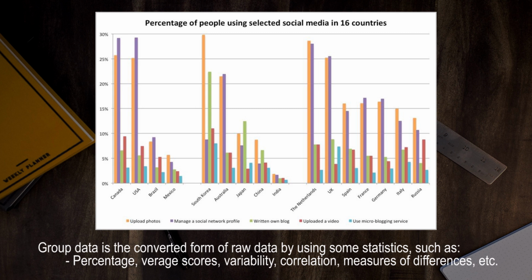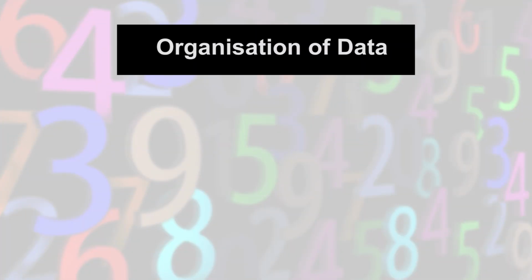Further, after understanding the raw data, the discrete data, the individual data and the group data, now let us understand how to organize raw data to provide certain meaning and to prepare a frequency distribution table. Here you see